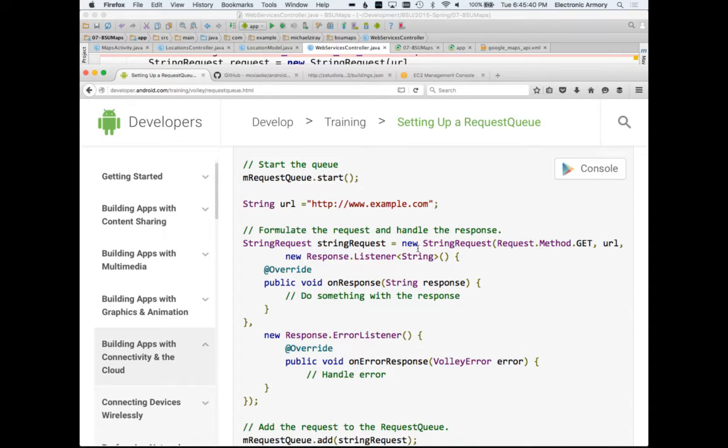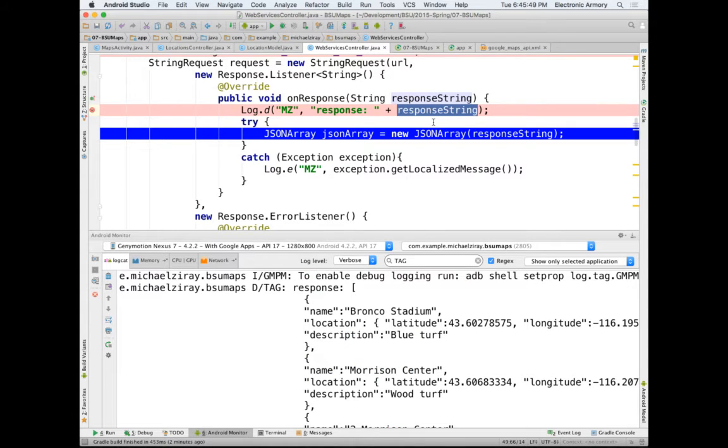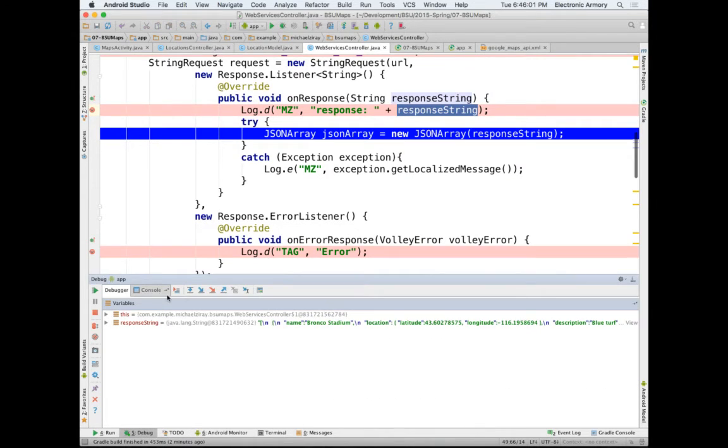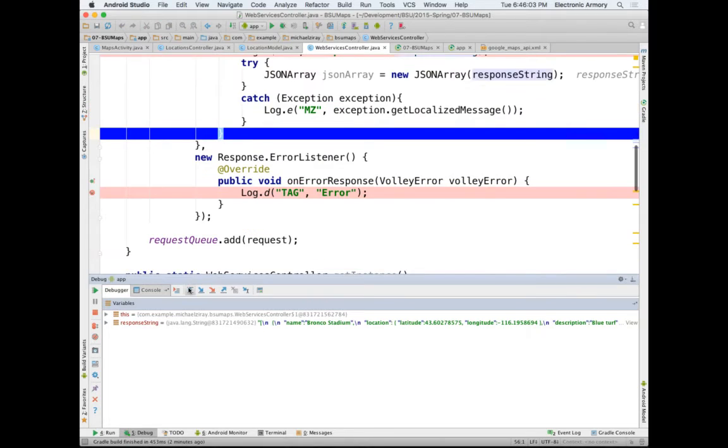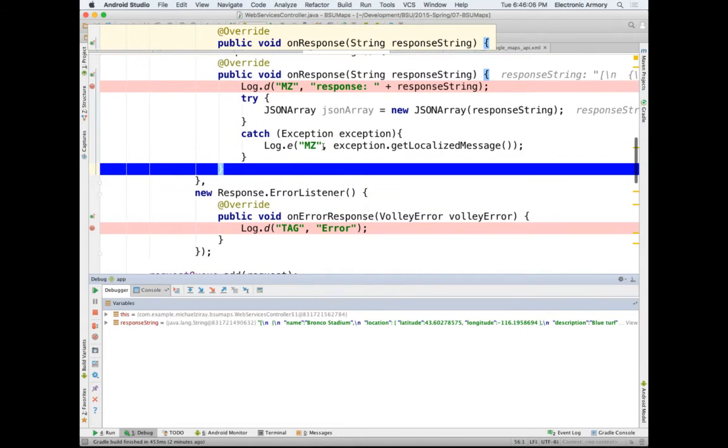Android Studio has its own built-in documentation, but I just use Google for the most part. Okay, so now that we actually have that string being downloaded and in our response string object, I'm going to pass that response string object into my JSON array. I'm going to step over this code and hopefully it stays in scope. I'll switch over to the debug tab. I'm going to step over that and I don't think it stays in scope, so unfortunately that variable goes away